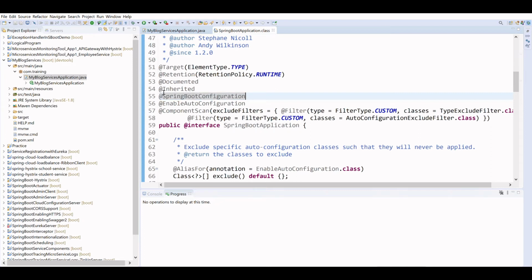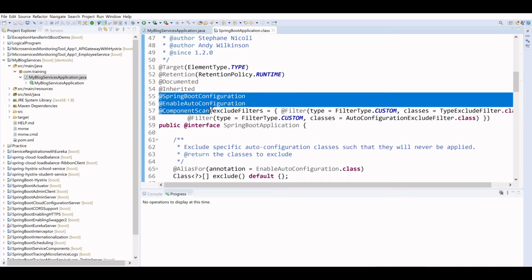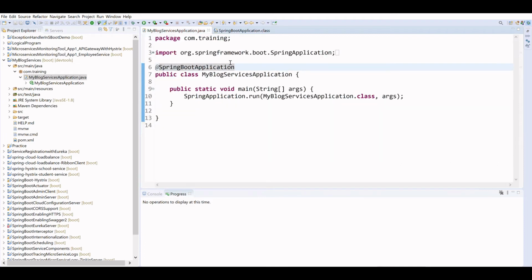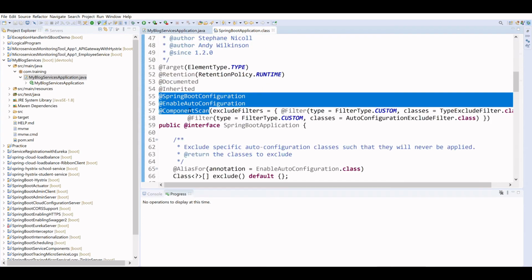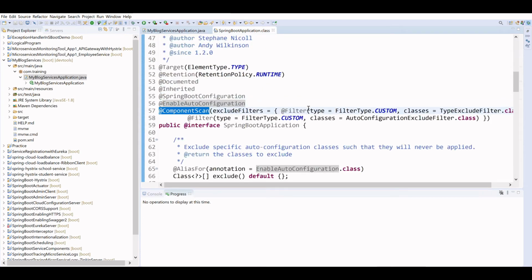So these three are combined into a single one, that is @SpringBootApplication, right? So when we write the @SpringBootApplication annotation over a class, it means it is a combination of component scan to filter the package and all the classes from the package, and enable auto configuration and configuration classes, right?